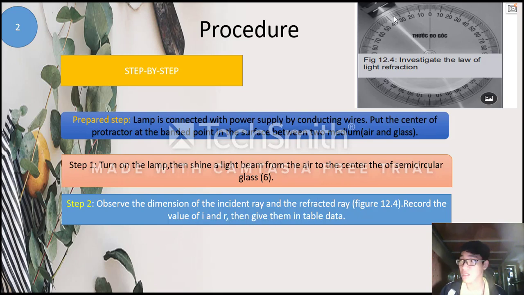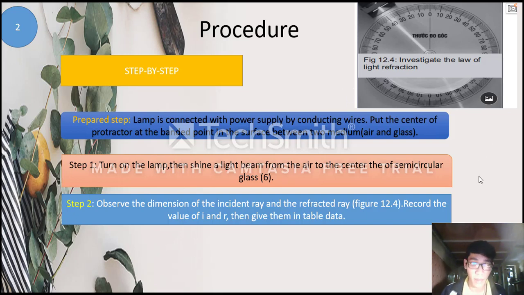In this case, the incident angle may be approximately 40 degrees, and the refracted angle is